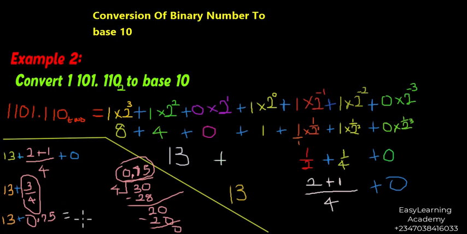Alright, our answer here will be 13.75. That will be the answer if we add this. Alright, so if you want to write it out, we can write it out here so we can all see it. I'm trying to conserve my space, but the question here was for us to change